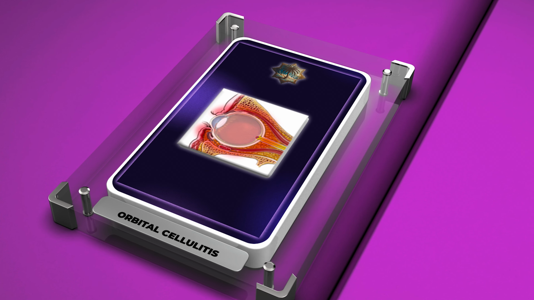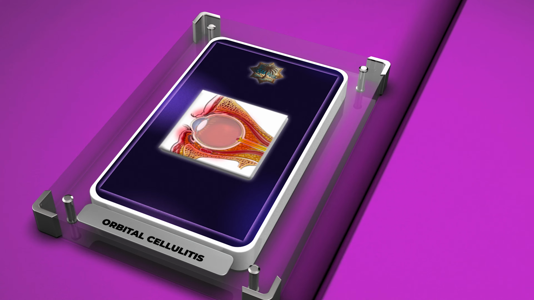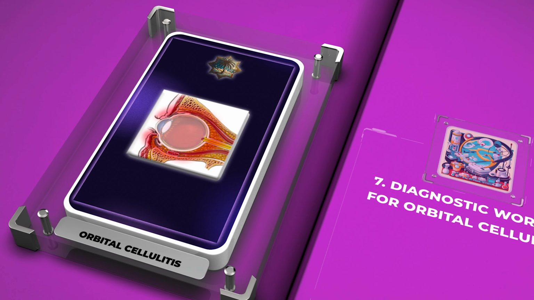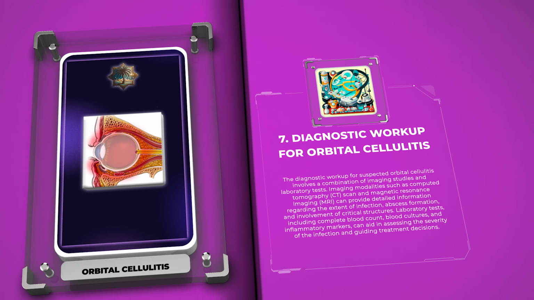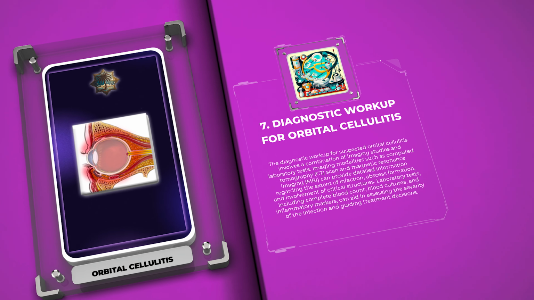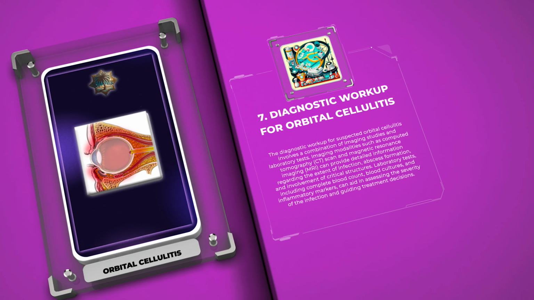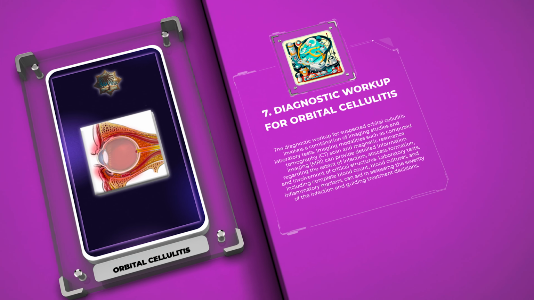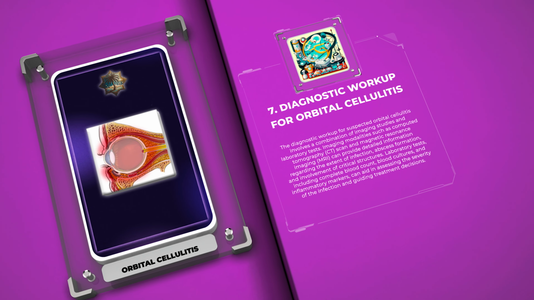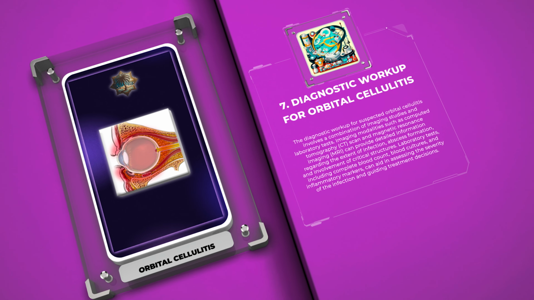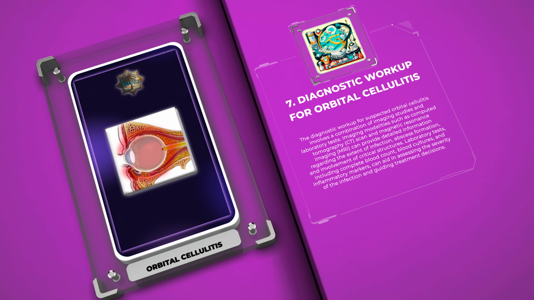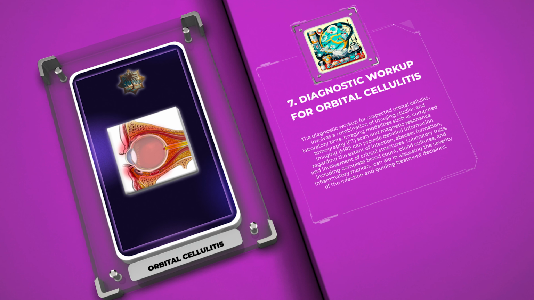The diagnostic workup for suspected orbital cellulitis involves a combination of imaging studies and laboratory tests. Imaging modalities such as computed tomography (CT) scan and magnetic resonance imaging (MRI) can provide detailed information regarding the extent of infection, abscess formation, and involvement of critical structures. Laboratory tests, including complete blood count, blood cultures, and inflammatory markers, can aid in assessing the severity of the infection